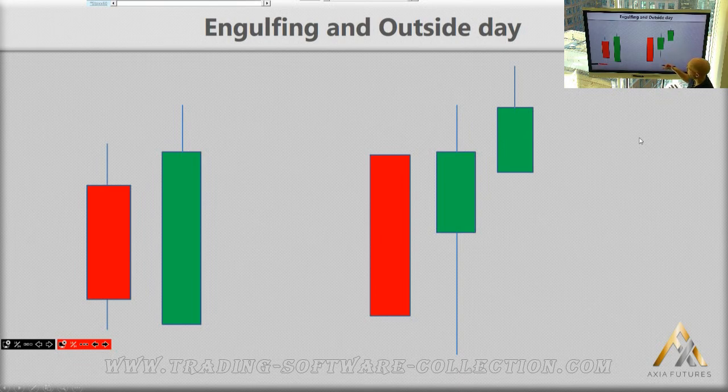So difference or distinction between an engulfing candle and outside day. Your engulfing candle engulfs the whole body of this previous one. So you don't necessarily have to have the whole range engulfed, but the body's got to be engulfed. So implicitly, you need a gap to actually get this lower open. And then, not only have you now got a gap in that direction, which should be bearish,